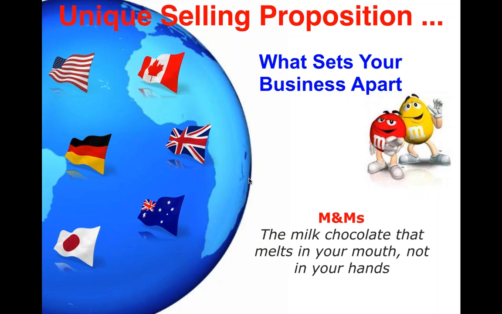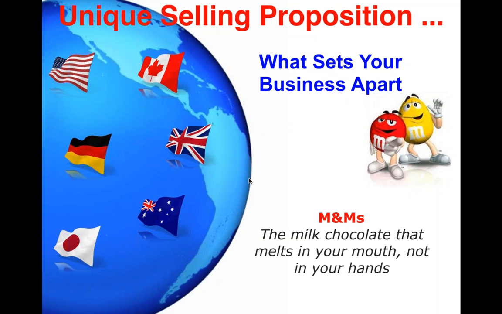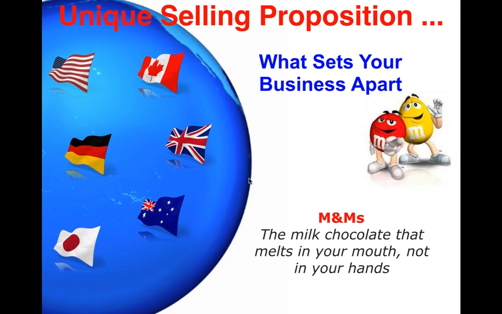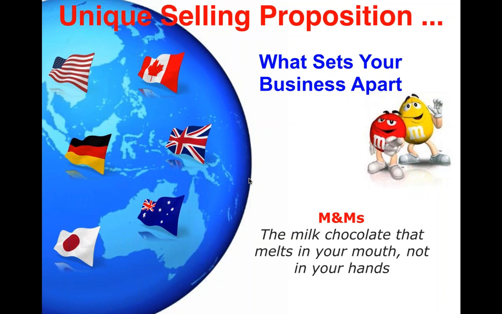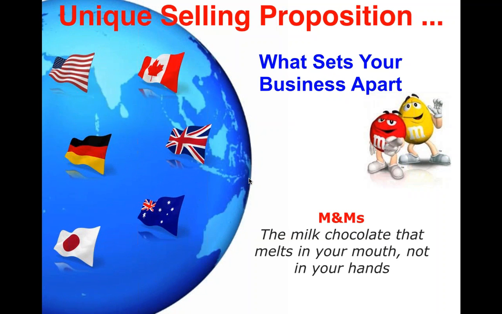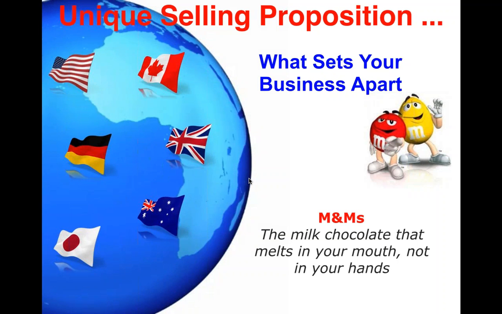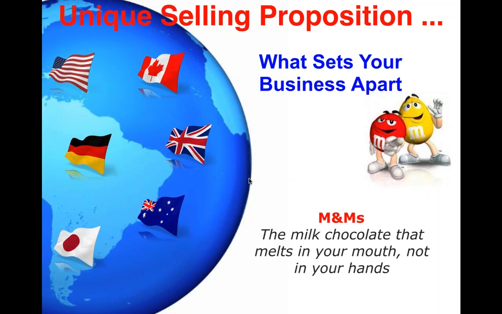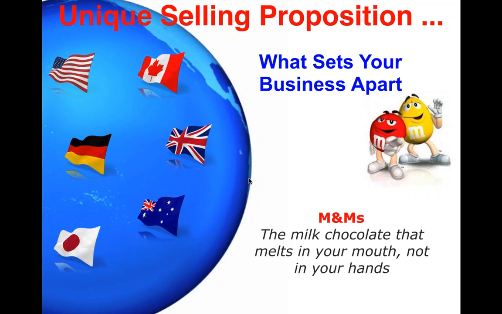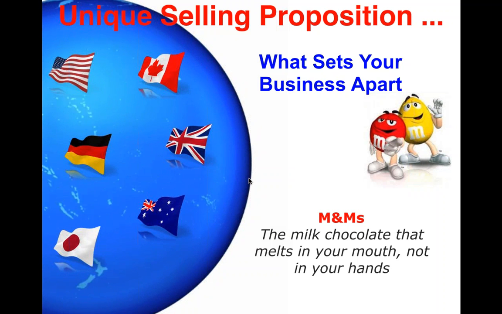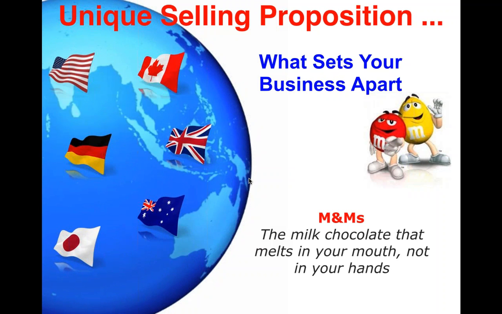It's kind of like Avis, we're number two, we try harder. Or FedEx, when it absolutely positively has to get there overnight. Even though that one is incredibly long, unlike Nike, just do it. It embeds almost an ability for you to connect the two in a way that precipitates an action. That's what you're looking for. So in this situation,